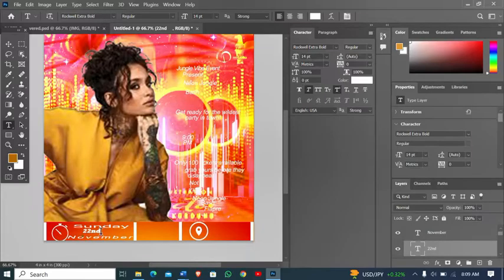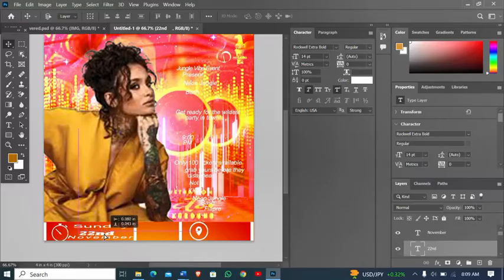So you can now see the 22nd. Then let me increase the distance between the text to 200. So now I think this is okay. So Sunday, 22nd November